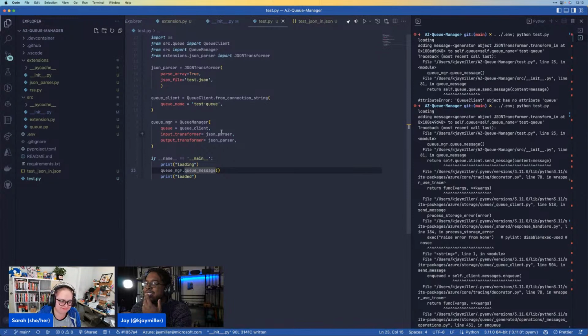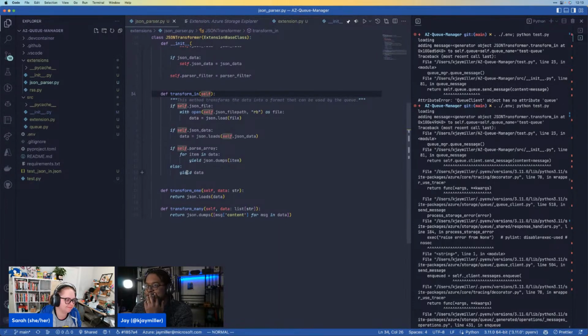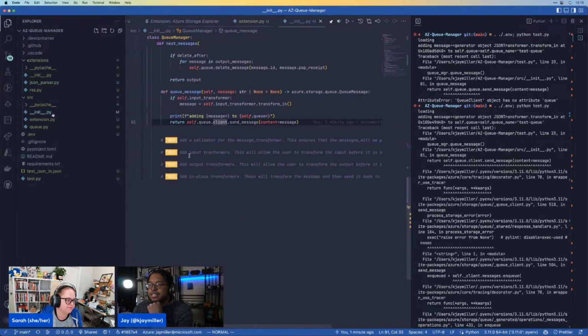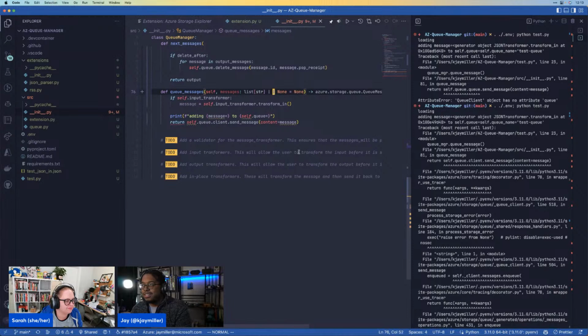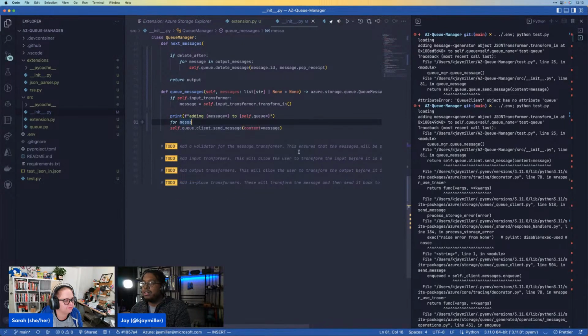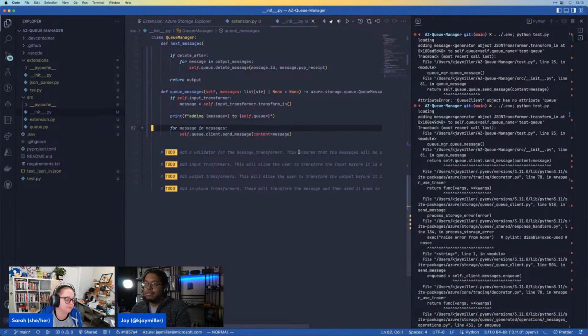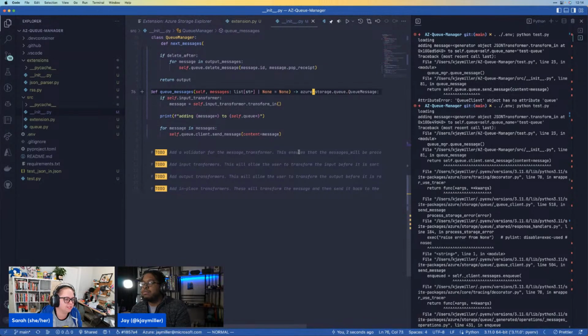Okay, so my guess here is that the JSON parser itself is yielding the data, not returning the data, because of this parser filter. And this is where I was saying that I feel like transform in on this, when you do like queue message, I think this should be queue messages. Messages could be a list of strings or none. Okay. And then instead of doing that, you do for message in messages, do that. Yeah, okay. And then apparently it just returns none,